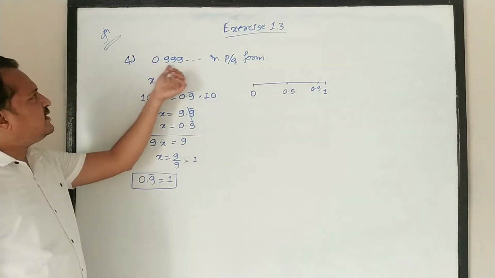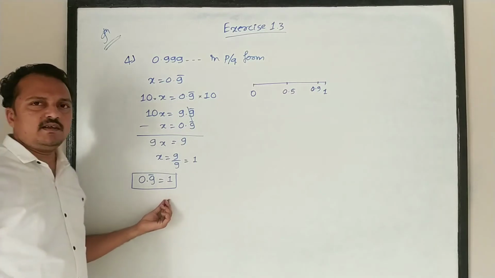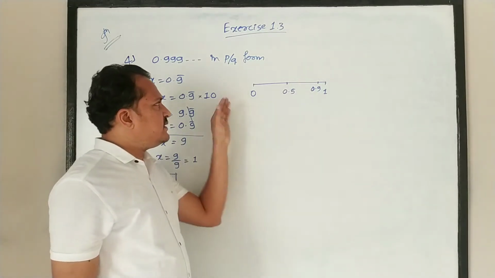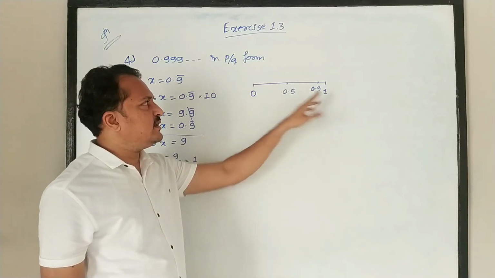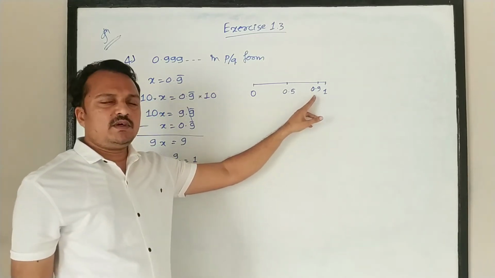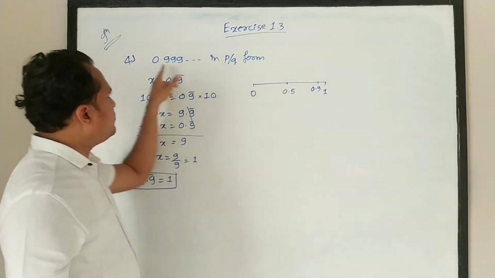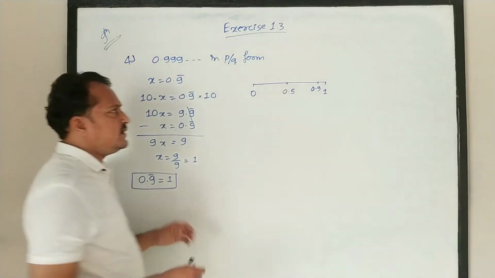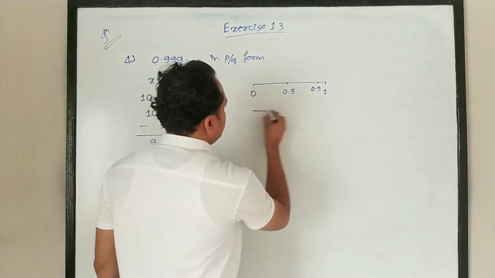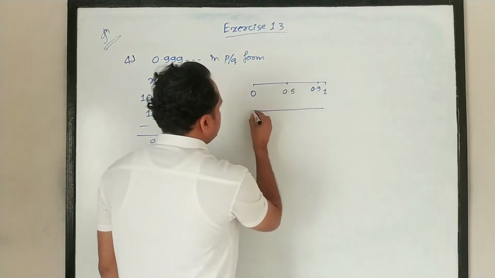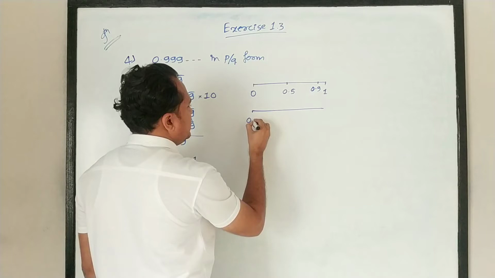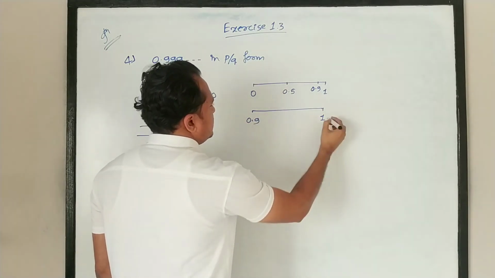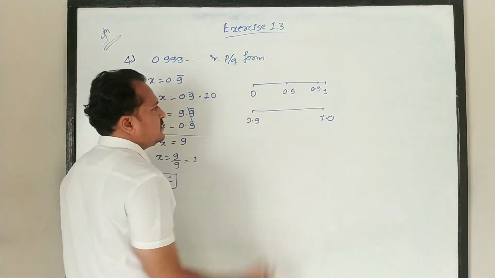How has this 0.999 finally become 1 here? That is a beautiful one. On this number line, 0 will be here and 1 is here. Then 0.9 is here. But how did this 0.999 finally come out to be 1? See this one, it is very beautiful. Again, if I select this 0.9 here, and here it is 1, or take this one as 1.0, then the middle is